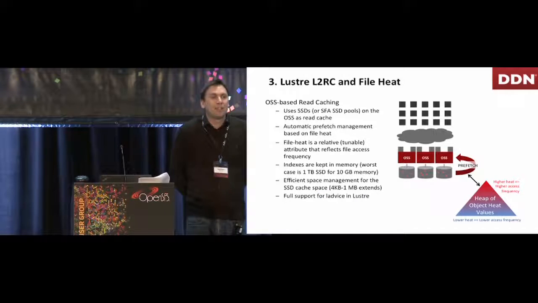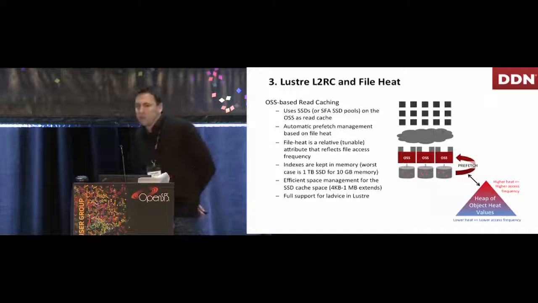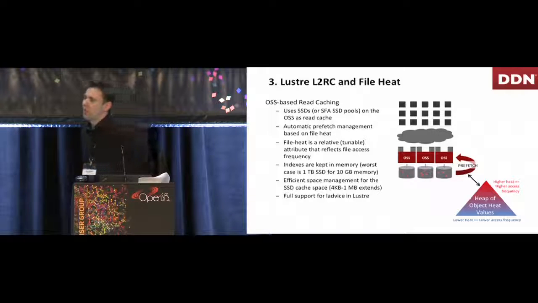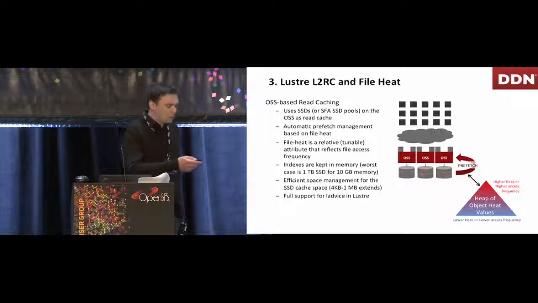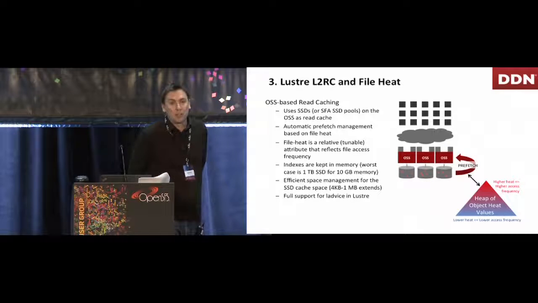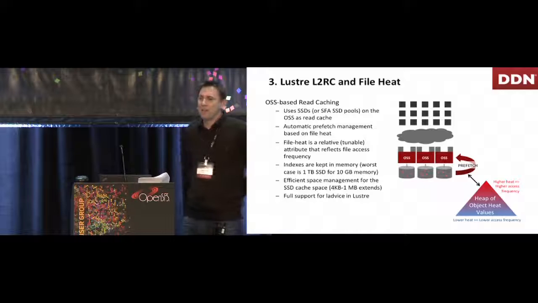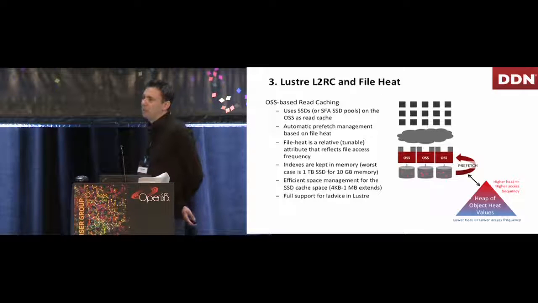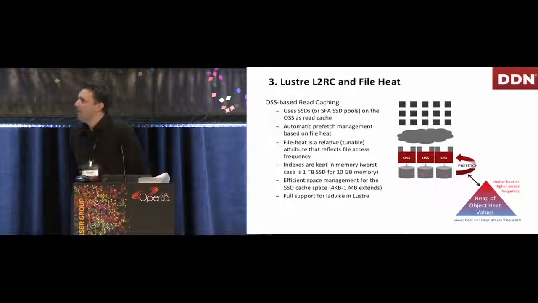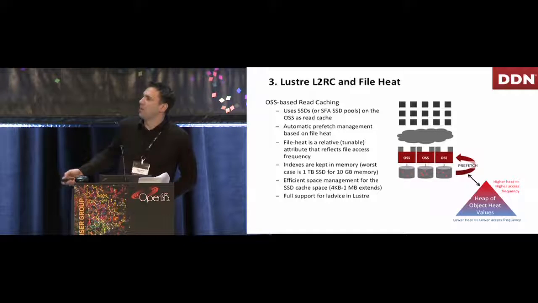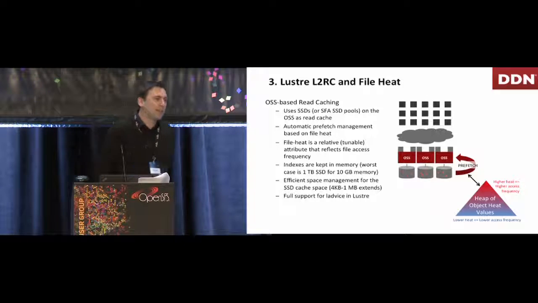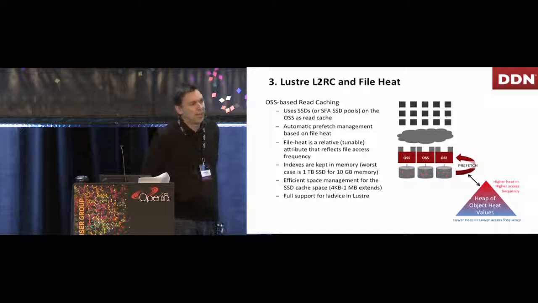Method 3 is quite similar, but now we're not working at the block level on the controller, we're working at the Lustre file system level, and it's slightly more sophisticated. So here what we do is we buy, again, could be a small number of SSDs, and we give them to the OSSs to use as a level 2 read cache. The clever thing here is that we're using a slightly more intelligent method of selecting which candidates of files to move to that SSD tier.